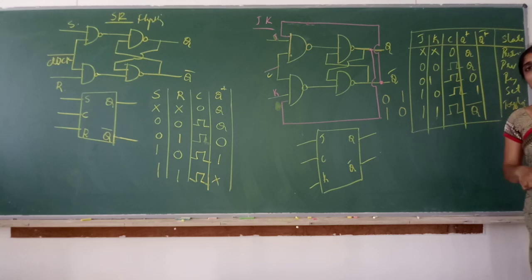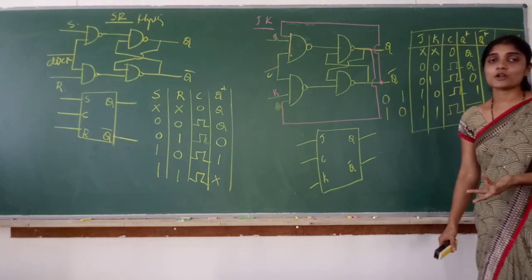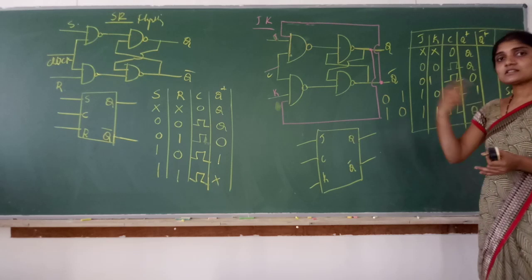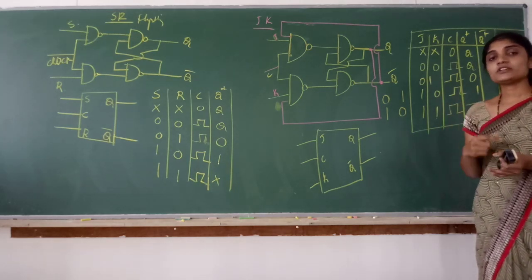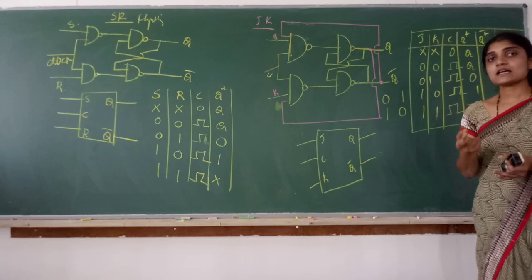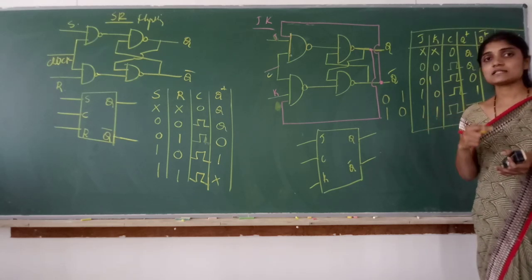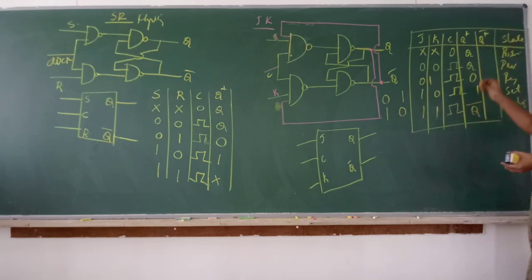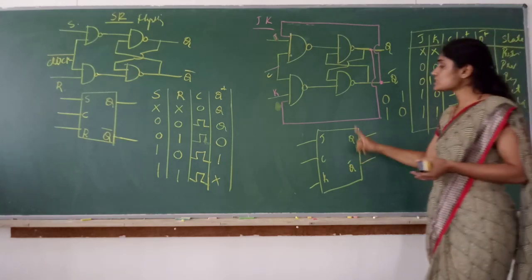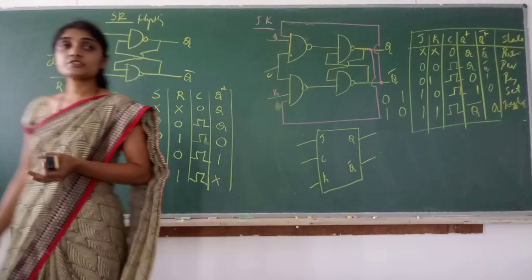Again, that is one of the disadvantages of JK flip-flop. Hence, we have the master-slave flip-flops. If the output is continuously toggling, again that is one of the disadvantages. So that state is again undesirable. In order to eliminate this, we have the next flip-flop, that is master-slave flip-flops. We'll discuss that. Now this is the function table of JK flip-flop. What is Q plus bar? Complement of this column: Q bar, 1, 0, Q. Because next state is Q bar, complement of that will be Q. So this is the function table, logic diagram and the logic symbol of JK flip-flop.